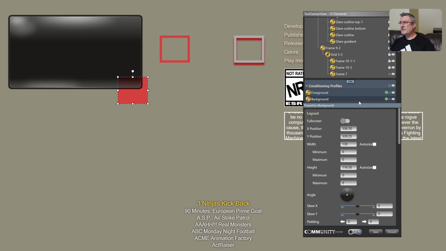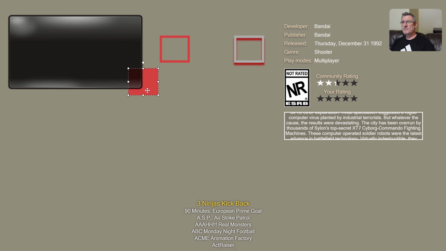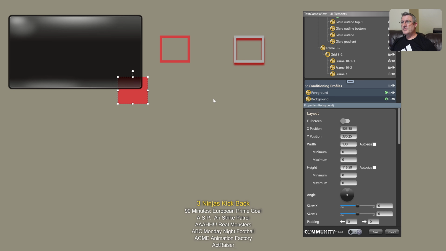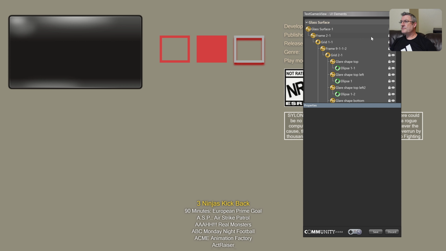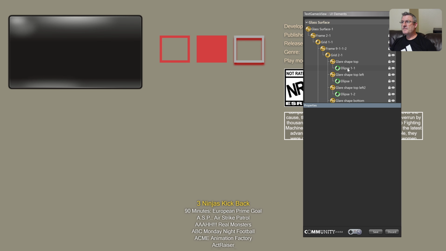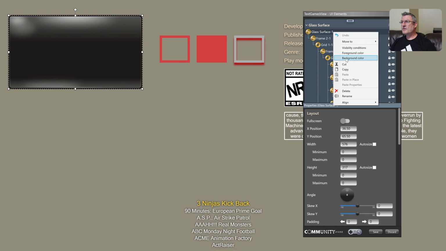So I have one here that's actually, let's see, this is below, yes. So this is actually what I'm calling like a glass effect. And let me just put this element back. And it's all XAML or UI elements. There's no images here. I just wanted to see if I could create a glass effect with glare 100% made up of UI elements. So that's what I've done. So I can just simply click on this, copy,